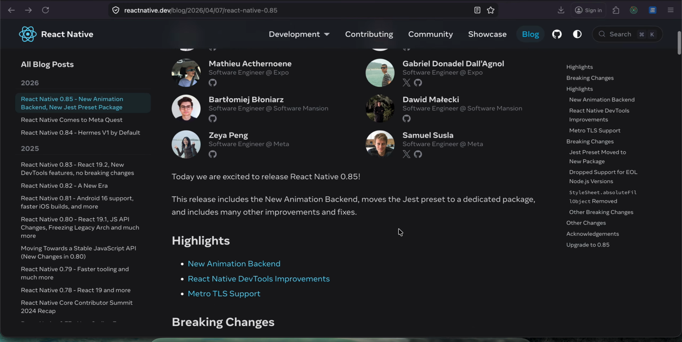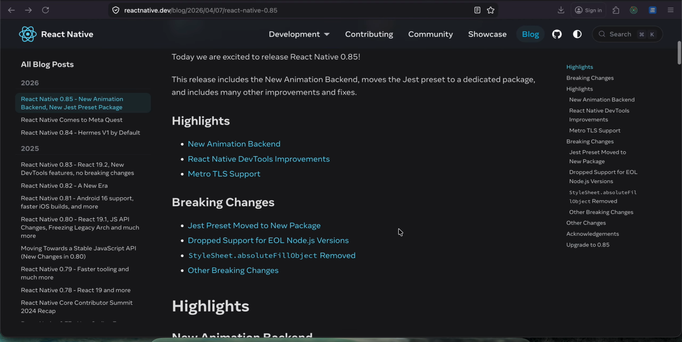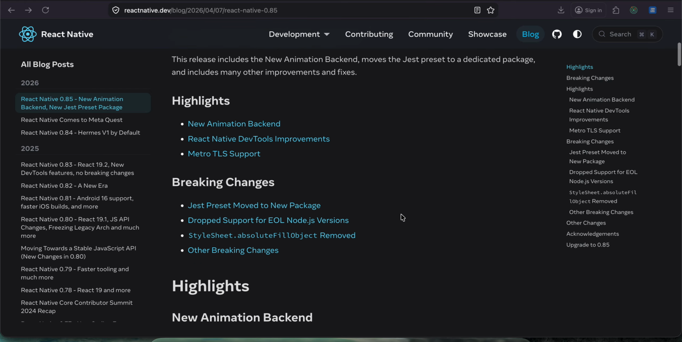Let's go through the blog post. Today we are excited to release React Native 0.85. This release includes the new animation backend, moves the Jest preset to a dedicated package, and includes many other improvements